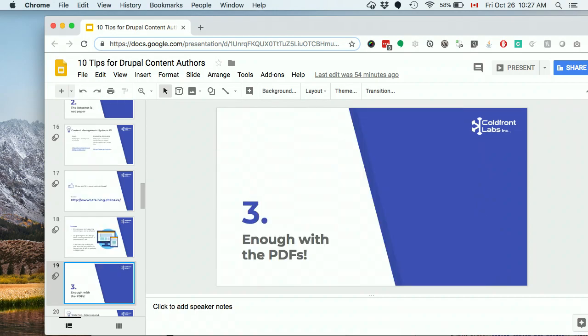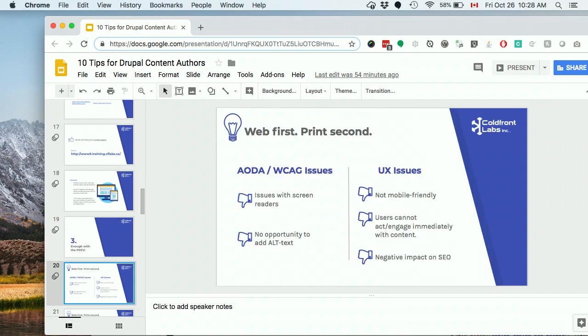So my next tip, enough with the PDFs. Okay? PDFs in the 90s, they were this revolutionary moment for electronic files, and we celebrated and we embraced them and we love them. They are the 8-track of the internet. Okay? They need to go away. And the reason being,